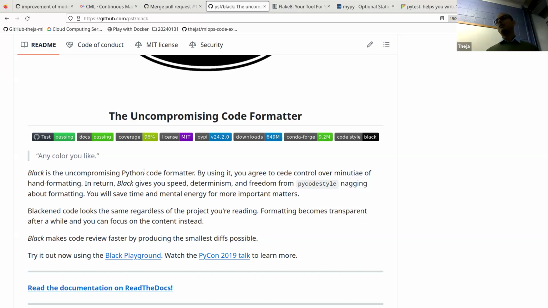So Flake8 is for linting. Linting is like, really, no list comprehensions. That's not really a code style thing, a code format thing. It's really a rule, like you should not be using pointers, for example, in C++, or something like that, right? So some rules. That's what Flake8 and Black are. There are other options there.